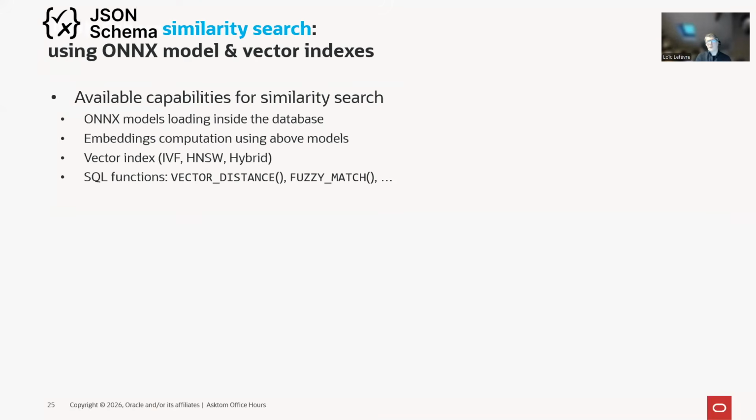It has to be in ONNX format for exchange, and you load it, then you create embeddings over your JSON schema. You index it for faster search, and then you can leverage an SQL function like vector distance that will do similarity search around your JSON schema.